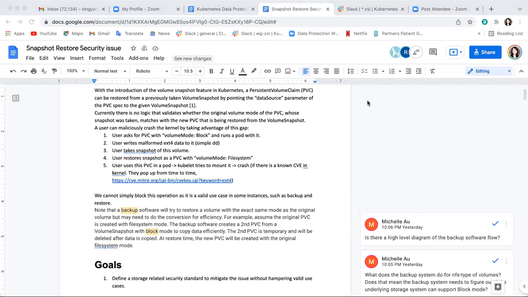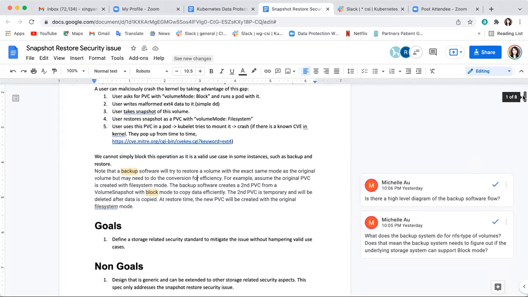So the workflow is that the backend storage is a block storage, but when we expose it to Kubernetes, it is in file system mode. So when we do backup in the backend, we do it in block mode. There might be some conversion back and forth, because if you want to do a differential snapshot, it will be more efficient to do it using the block mode.